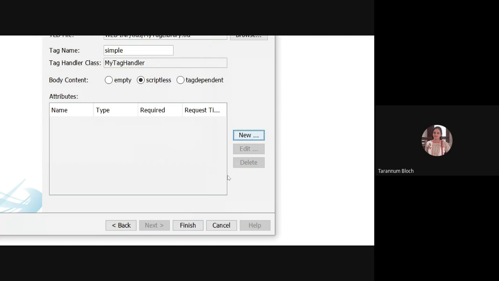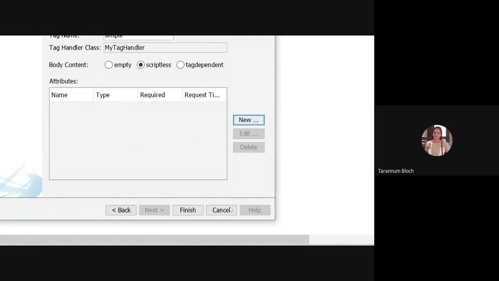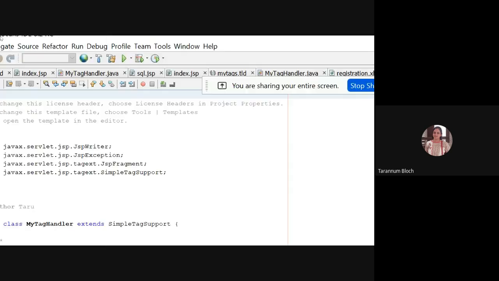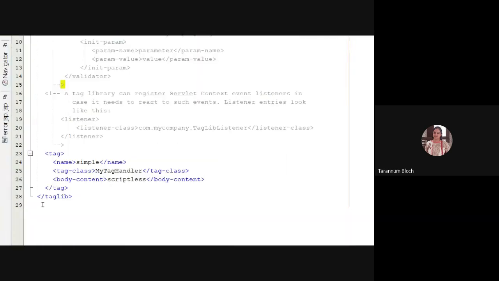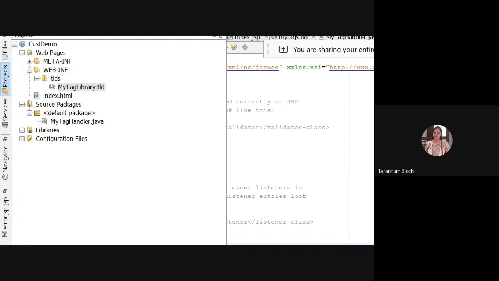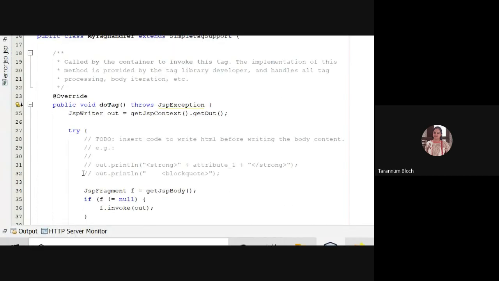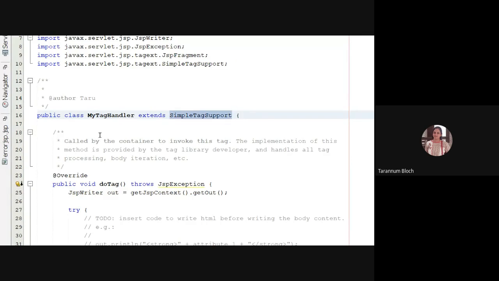So we're not taking it right now. Just click on finish. When you finish this, it will make a new entry of the tag inside your TLD: tag name simple, tag class MyTagHandler, and body content scriptless. Fine. And now my tag handler class is designed, which extends SimpleTagSupport, as we are going with the singular tag.